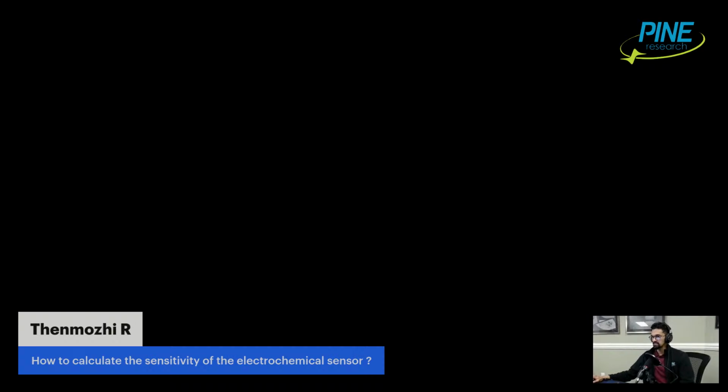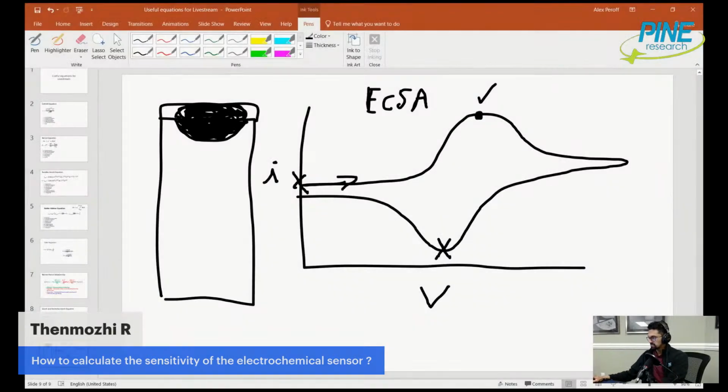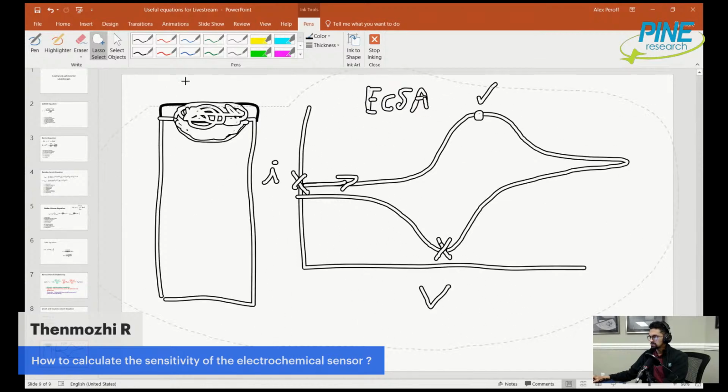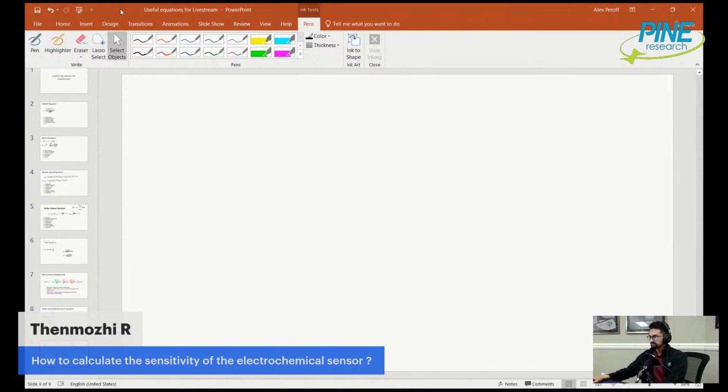Let's just say, all right, so that's just the cyclic voltammogram. Let me make sure that that's showing up. It's good. So I'm just going to use this lasso tool, get rid of all this. Oops. All right, so